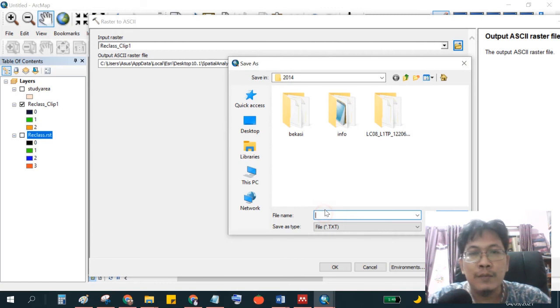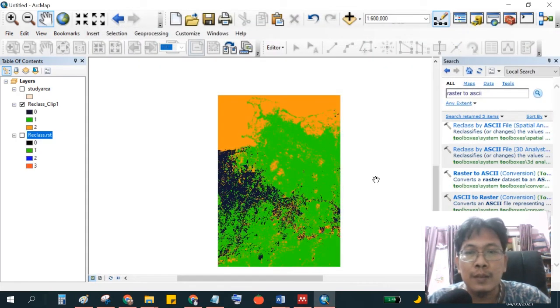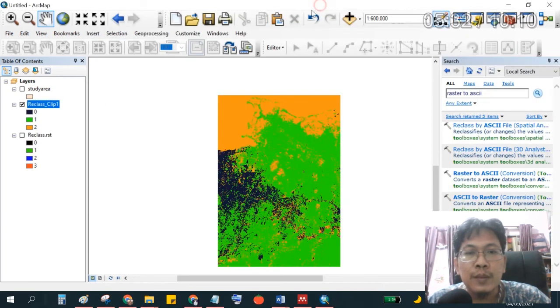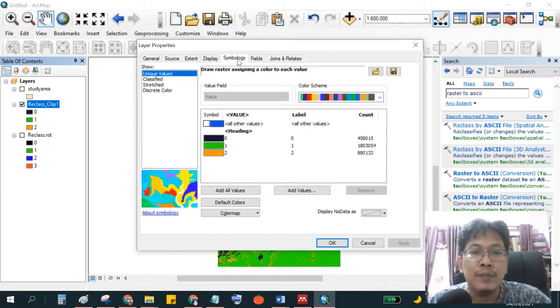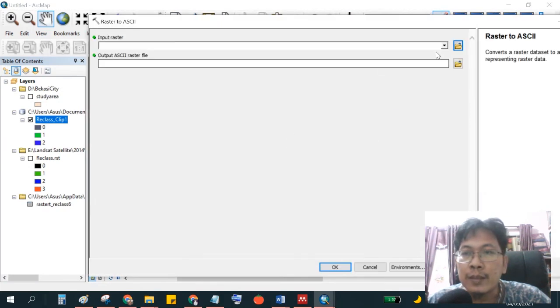Sorry. This is difficult with my software because raster to ASCII can only run in the default folder of ArcMap. So we have to select the default location from ArcGIS.